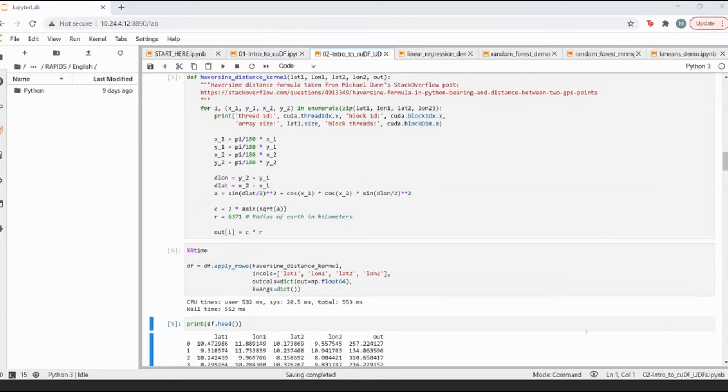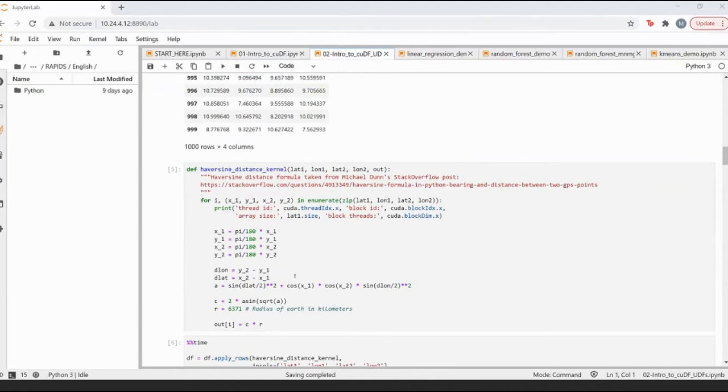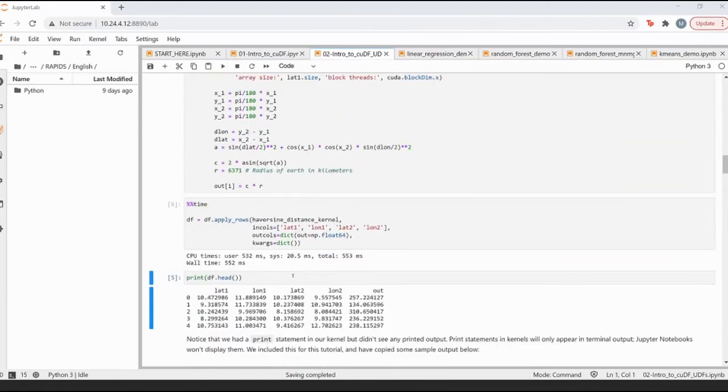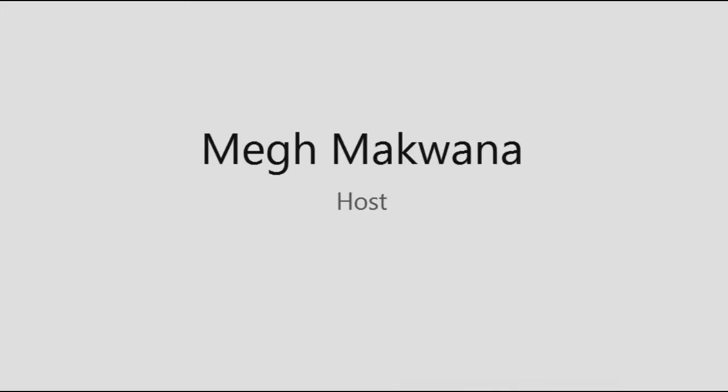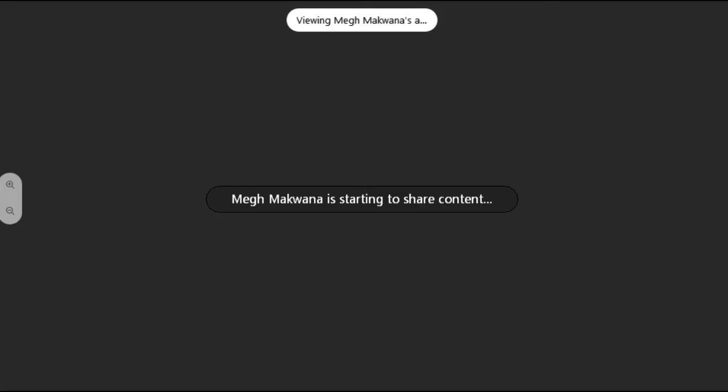Okay, so somebody has mentioned that it has applied the function to all rows of the data frame. That is absolutely correct. It has applied this function on each of these rows, and to verify that it was actually done on GPUs, let's link it with the concepts that we talked about in the morning, right? If you remember, we talked about threadIdx, we talked about blockDim, and we also talked about blockIdx. Now let me reshare my screen and show you the output that has come on the terminal prompt. Not on the Jupyter notebook, but rather on the terminal prompt, which will show you what has actually happened.